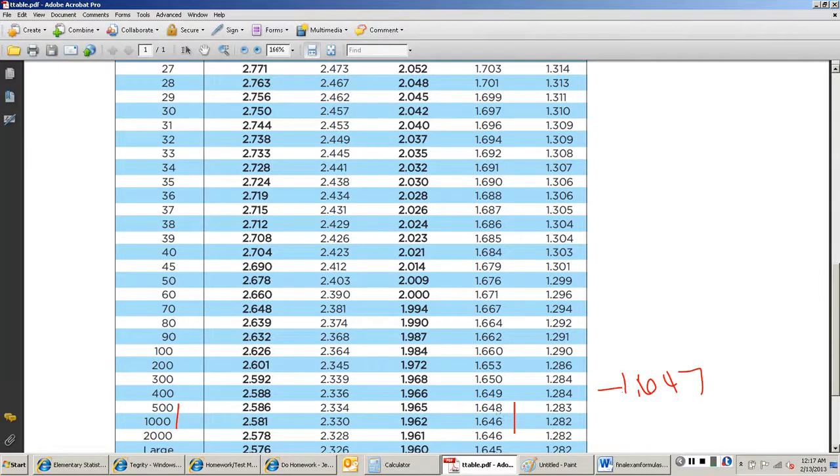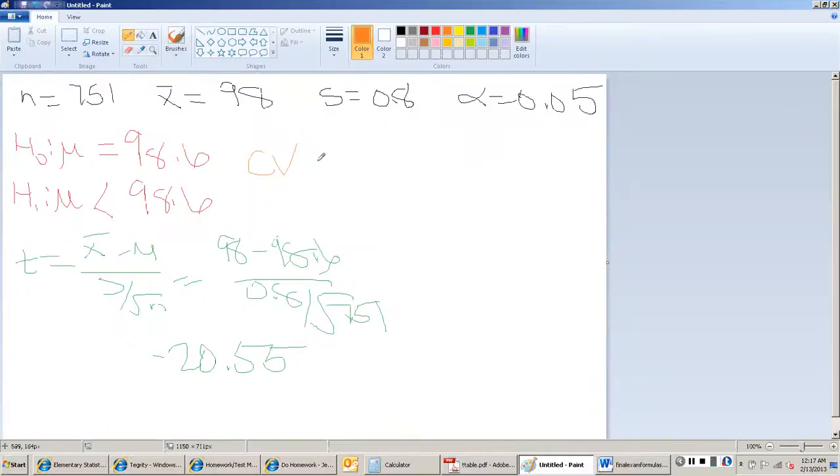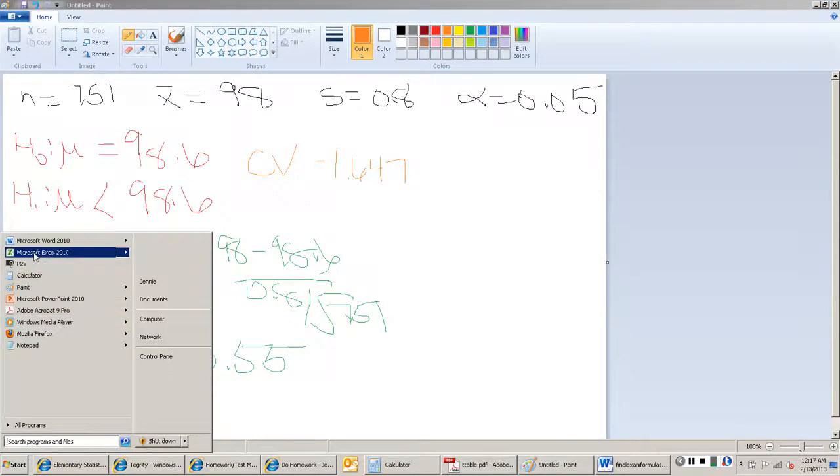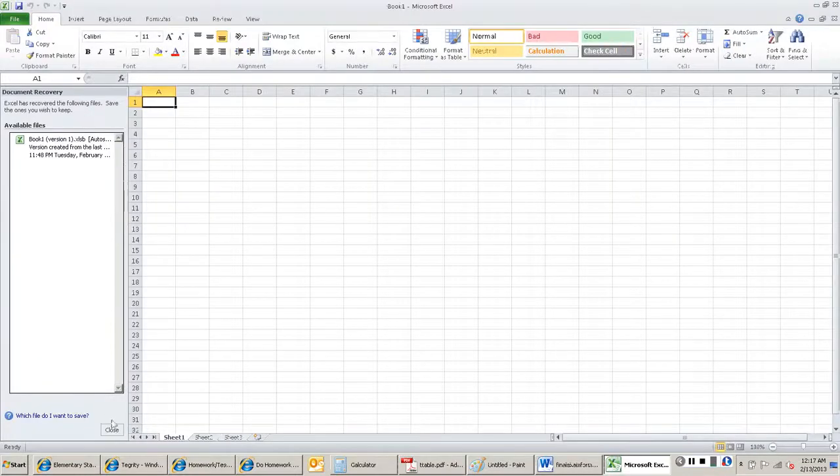And you can see I just picked the number between these because I'm halfway through. Honestly, these are close enough. You could use either one and you would be okay. That wouldn't be a huge deal. So negative 1.647. Now, if you wanted to do this in Excel,